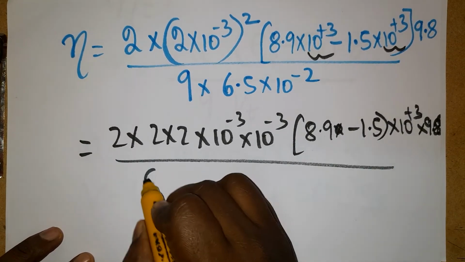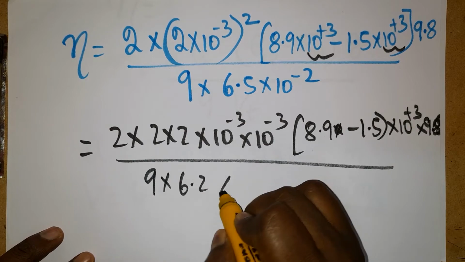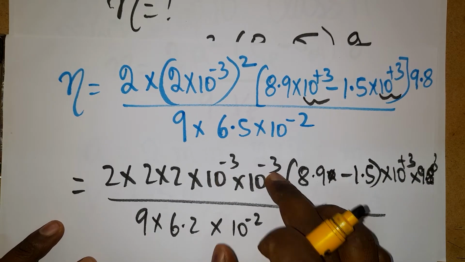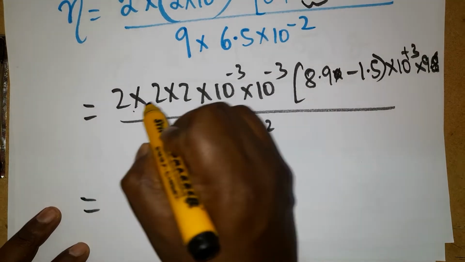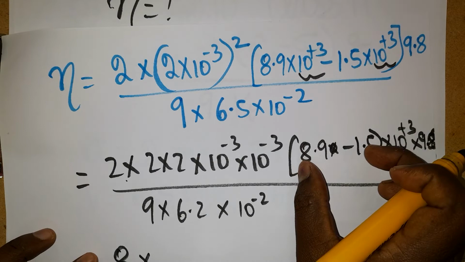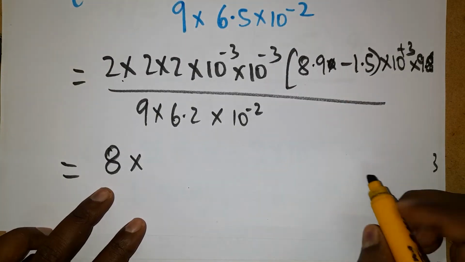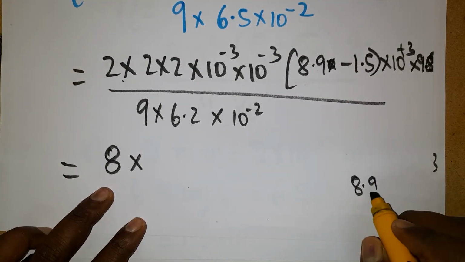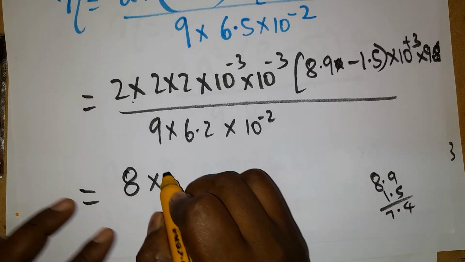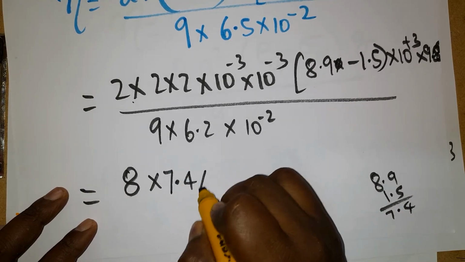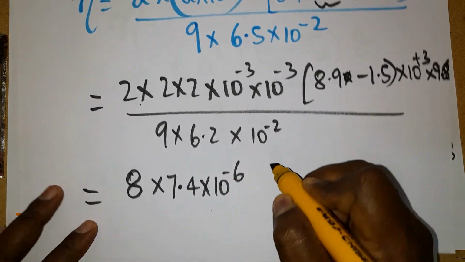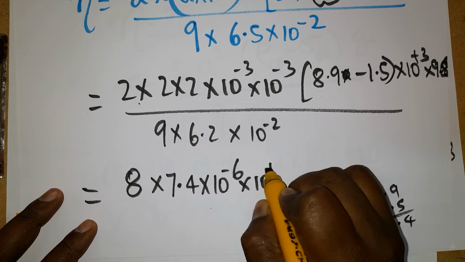Denominator we will get as 9 into 6.2 into 10 power minus 2. So minus 3 minus 6 we can write. Next step, 2 into 2 into 2, 8. Okay, 8 into this subtraction, it's 8.9 minus 1.5. So 4 we will get as 7.4. 7.4 into 10 power minus 6, because this is minus 3 minus 6 into 10 power plus 3, because from here,